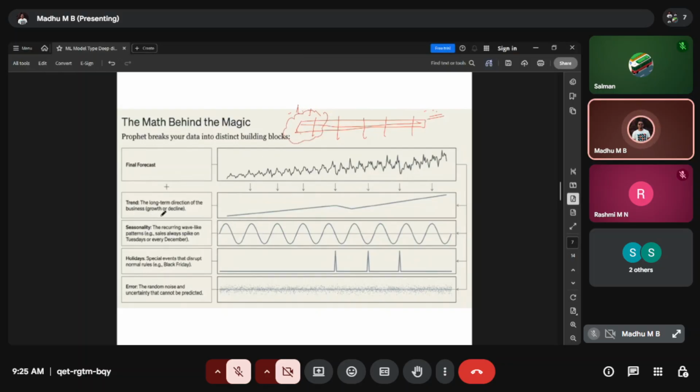Now what happens if we break this into smaller blocks? Each block can easily be analyzed using the model, and we can get the insight for that specific block only for calculation purposes. Let's say we have a seasonal effect, for example longer holidays.